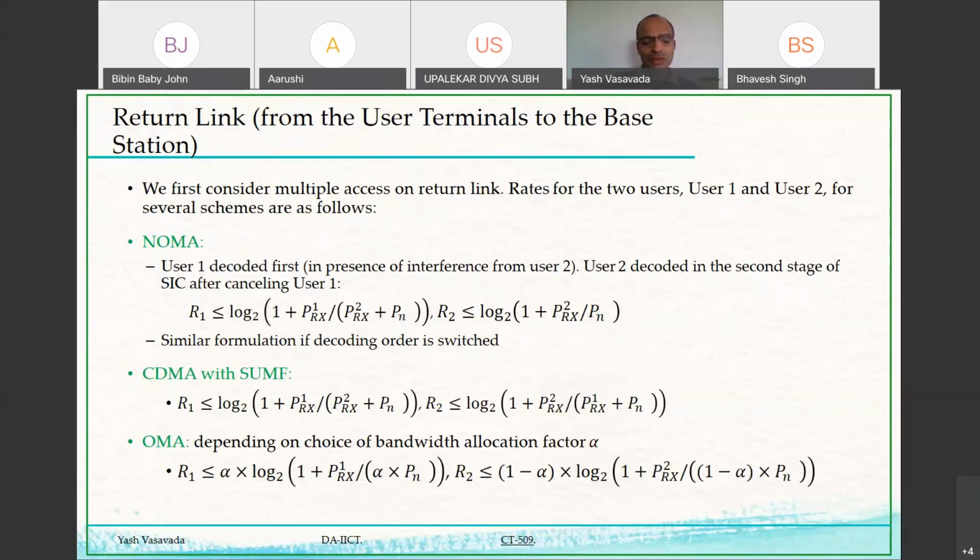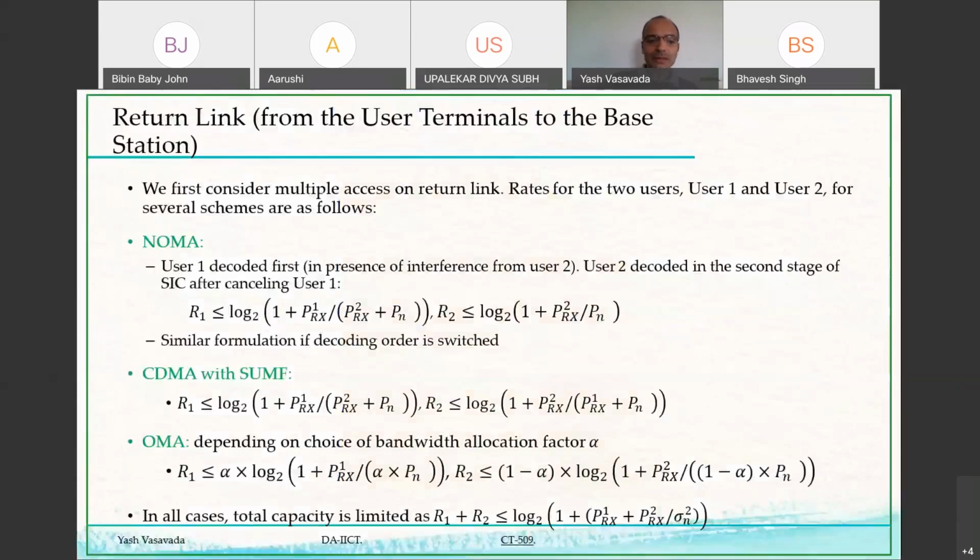So what I'm going to do now is to draw the system capacity diagrams. And this might be a little new for you, but that is why we are considering only the 2 user case. If I start drawing this type of diagrams for 3 users, they will become very complicated to draw. And above 4 users, I don't think I can even draw it. But for 2 users, I can draw the capacity diagrams.